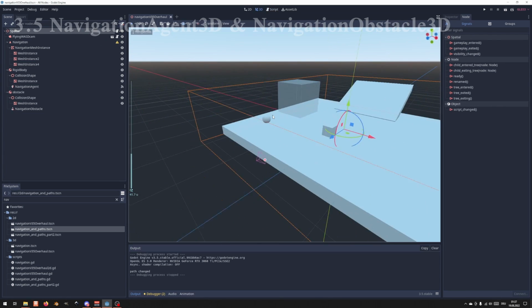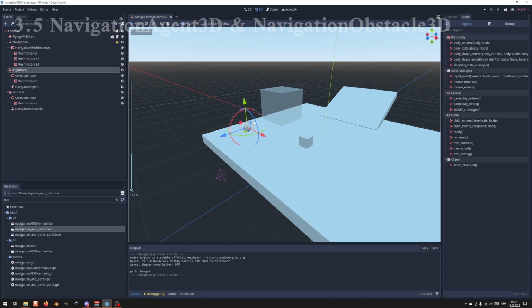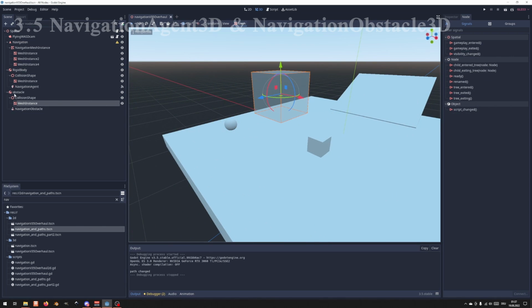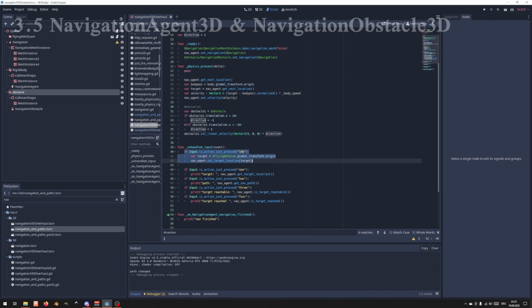The object which should navigate to the camera is this rigid body bar. And I also have added in an obstacle, which is also a rigid body, which should in the best case be avoided. 3D navigation works exactly like the 2D navigation. Again, you use set target location to give a target to your navigation agent. In your physics process, you call